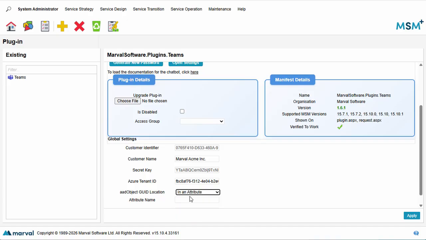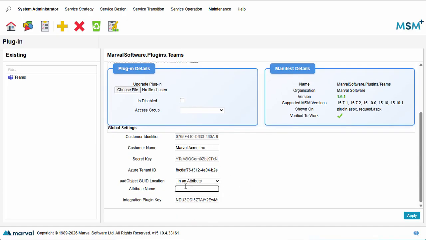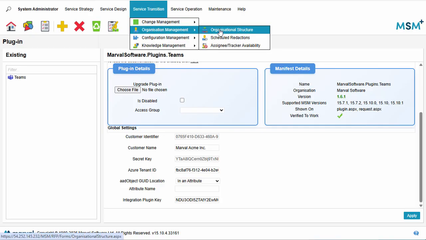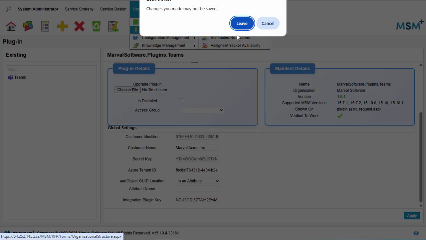The third option is in an attribute. And by default, the attribute name is aadObject ID with this capitalization. Otherwise, you can specify an attribute name. Now, this attribute needs to be an organizational unit attribute. So if we go to the organizational structure,